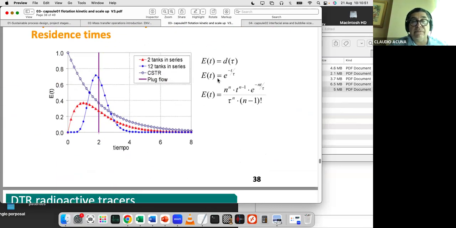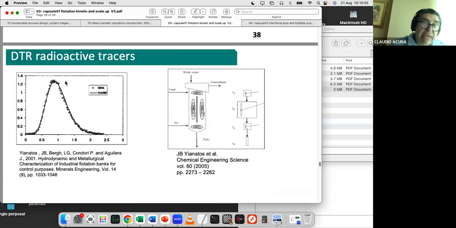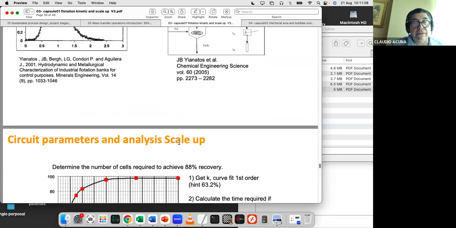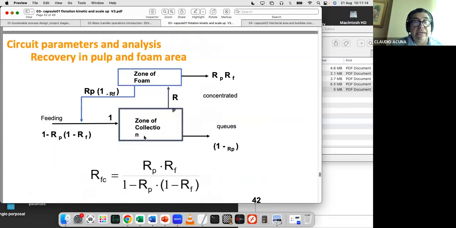Those are the models for residence time distribution. This is the actual real data from a residence time distribution for nine flotation machines in series. This is again a real residence time distribution modeling for a big flotation machine. We have 30 years experience in residence time distribution using radioactive tracers. Okay, so